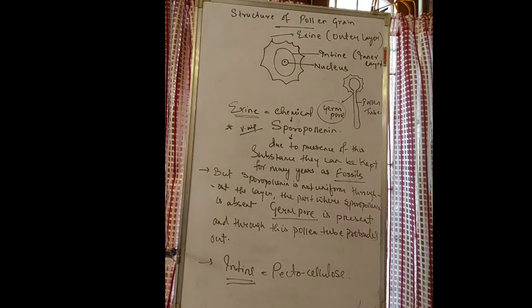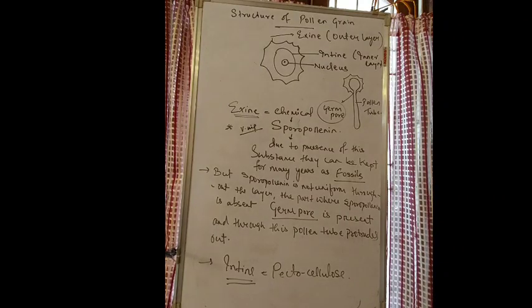Other than that, the pollen kit, that sticky oily layer, helps the insect to attach the pollen grains on its body. This is known as pollen kit. So this is all about the structure of the pollen grain,